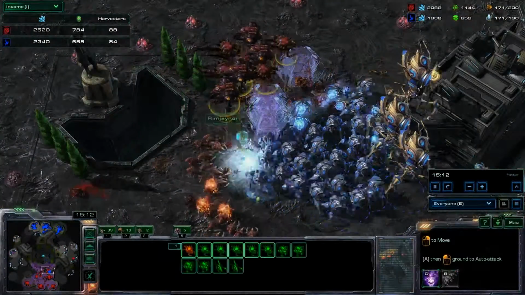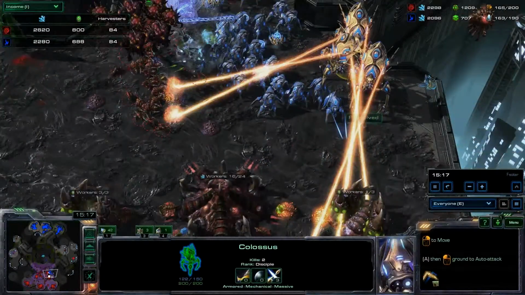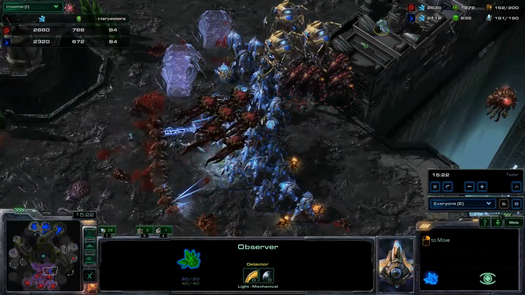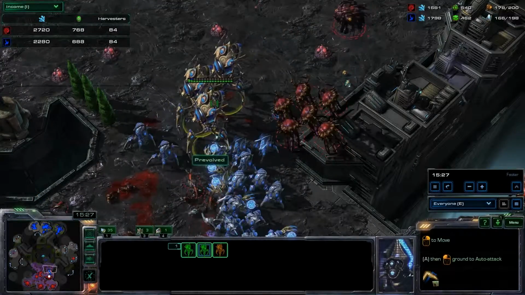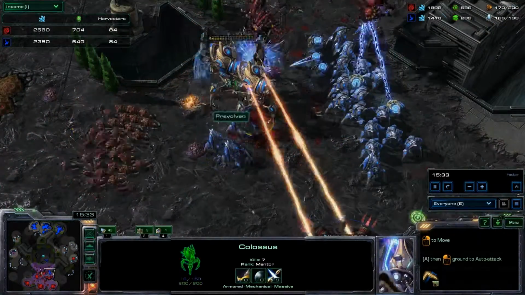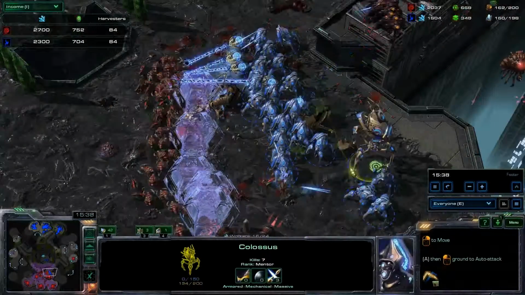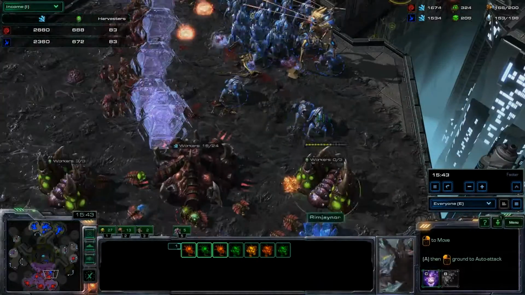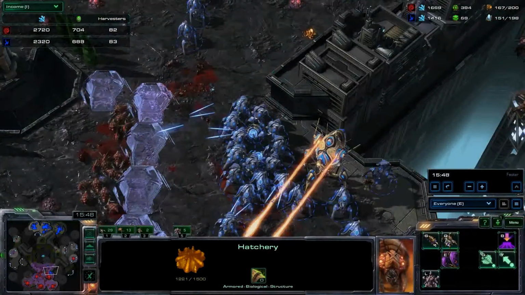Do not lose all your corruptors to these Colossus. You do know that you haven't killed his observer yet, so find his observer first, and then worry about it. Because if you don't kill that observer, you will probably lose, because you are outnumbered army value wise. And here we go. I'm going to take out as many Colossus as I can, and I'm going to save my overseers and corruptors, and I should be able to take out this army, although he is going to be